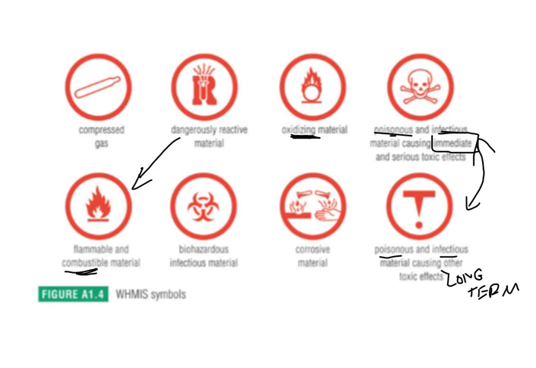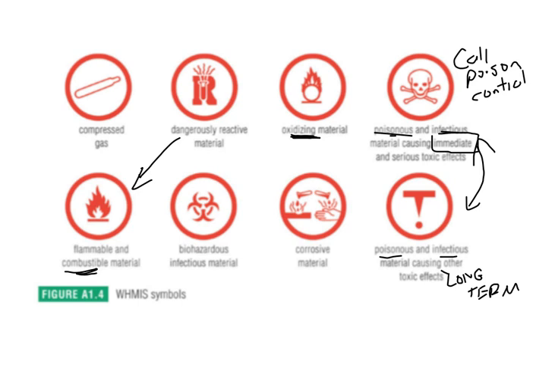But one is like, go call poison control now. And one is, if you keep doing this long term, it will hurt you. Does that make sense? So this is the one where you call poison control. If my daughter, for example, got into the cabinet and happened to drink a whole bunch of bleach, I'd be calling poison control